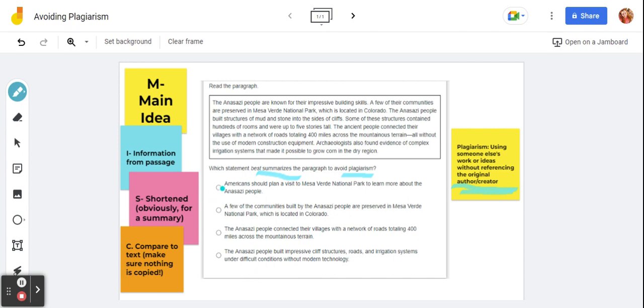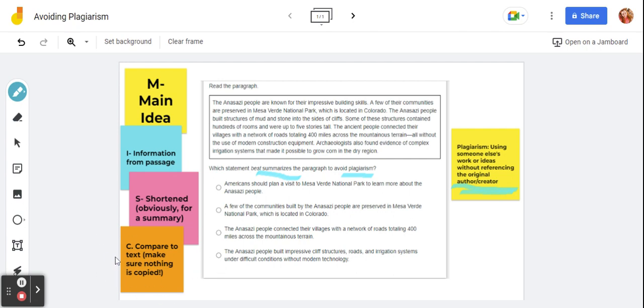So it's really easy to check for these first three things. Just ask yourself as you go through the answers, is the main idea the same? Is it related to the topic? Does it have all the essential information, because if it's missing some of it, then that's probably not the answer. And is it actually a summary? If it's not a summary or it's not related, then you can go ahead and take out those answers, which is really nice. And then the last thing that you're going to want to check for, and this is kind of where your money is,